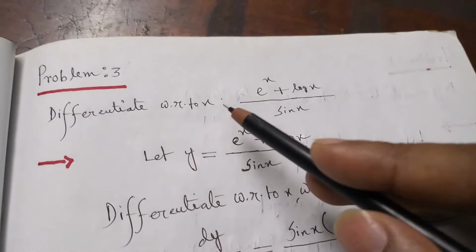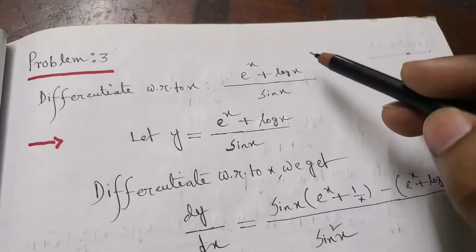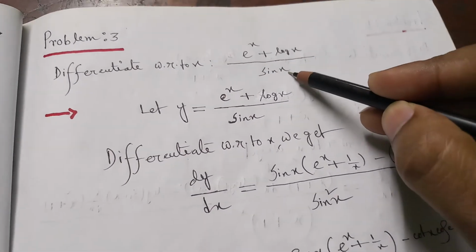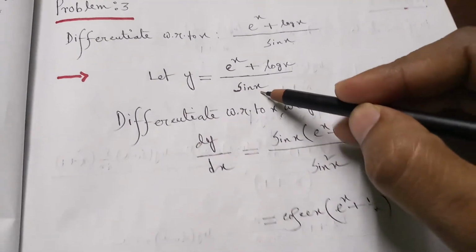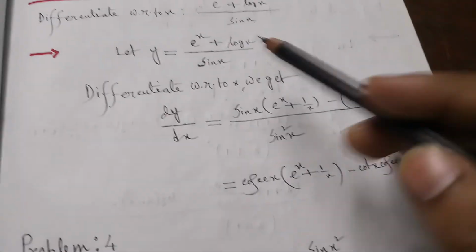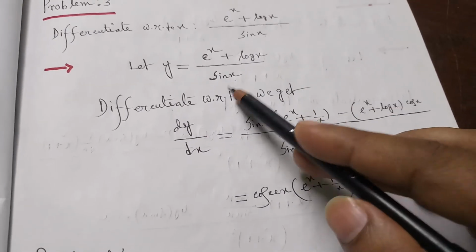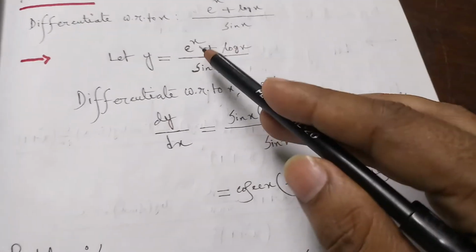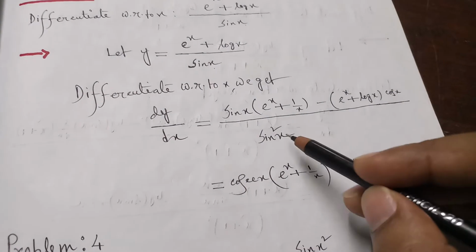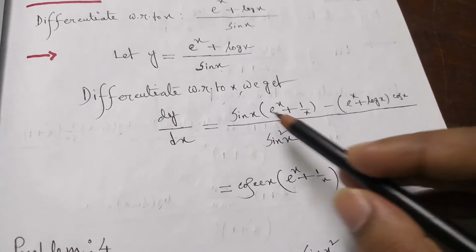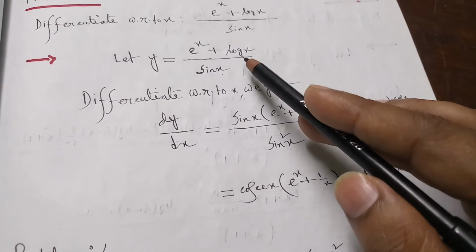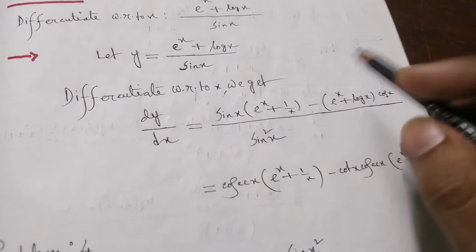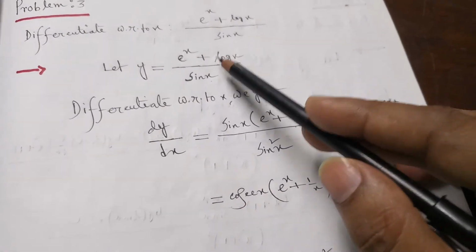So now problem number 3. Differentiate with respect to x, (e to the power x plus log x) by sin x. So consider y equal to (e to the power x plus log x) by sin x. Differentiating with respect to x, we get dy/dx, that should be sin square x, u by v, obviously this is your u and that is your v. So sin x is constant, derivative of e to the power x is e to the power x, and derivative of log x is 1 by x, minus (e to the power x plus log x) is constant,